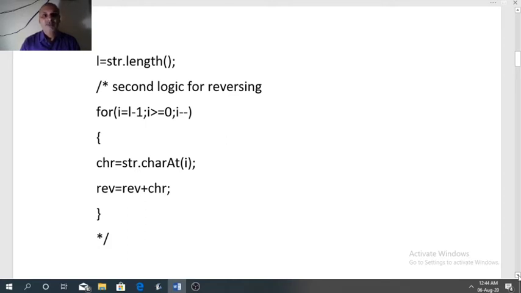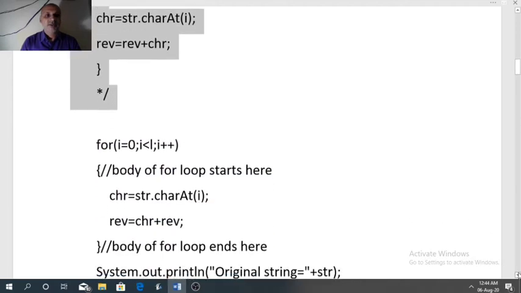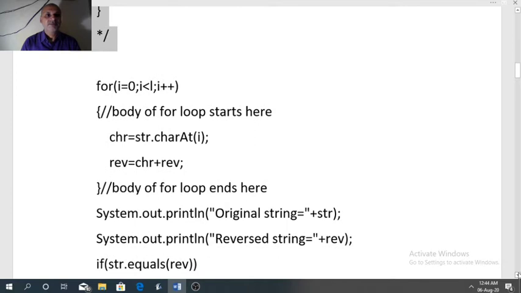For reversing we have two logics. This logic I have written inside the comments. That can also be used, but here in this program I have used another logic. So first I will explain the logic that is used here.